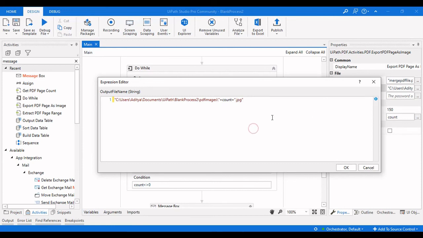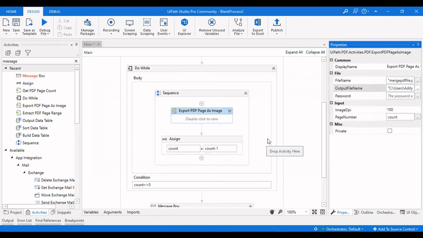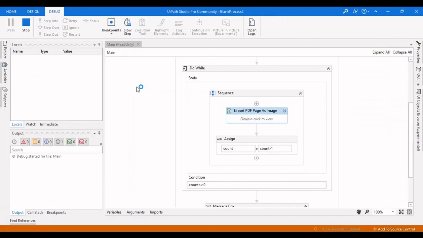Let's see the error. It is telling us string to double, so let us give it as toString, so it will be okay. Now we will run and see again whether all the pages have been exported or not.